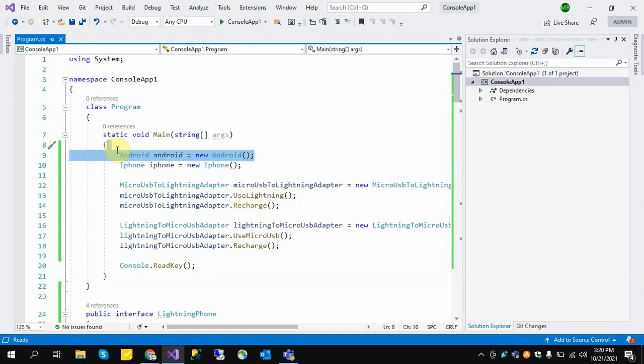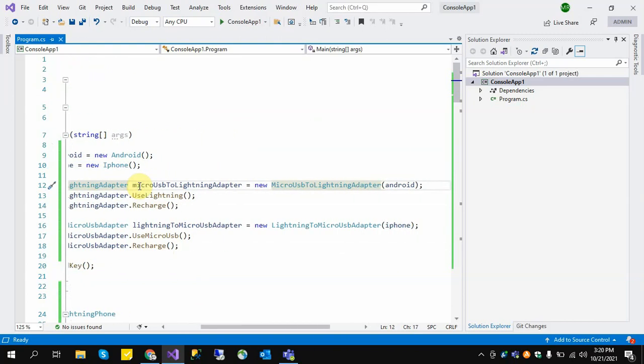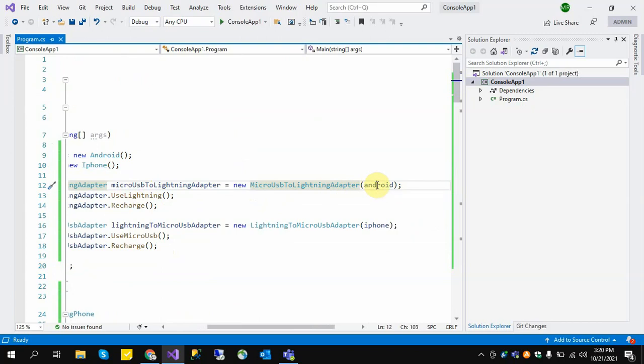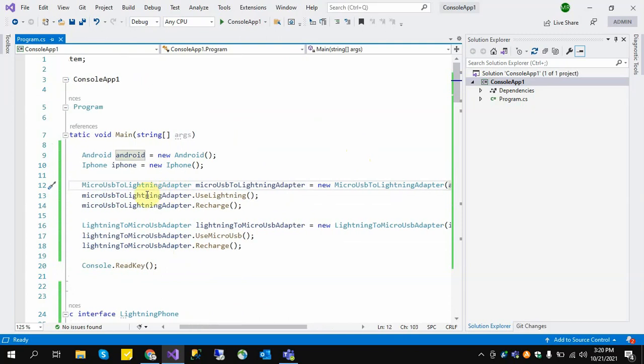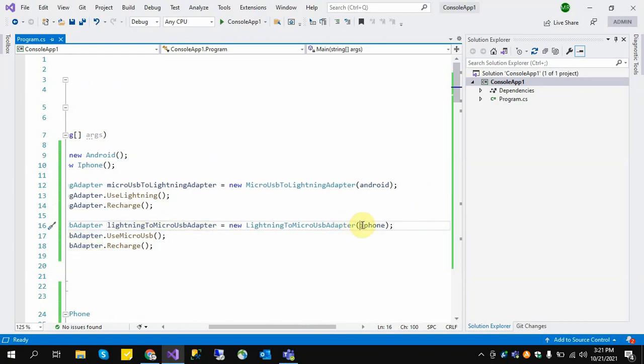We have an Android object, an iPhone object, and we have a micro USB to lightning adapter. This will use the Android object, and it is charged using the iPhone adapter, and this adapter uses lightning and dot use charge. Similarly, we have a lightning to micro USB adapter, and the micro USB adapter will pass the iPhone.